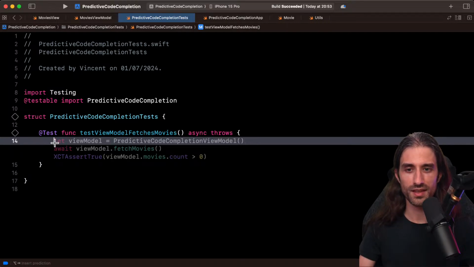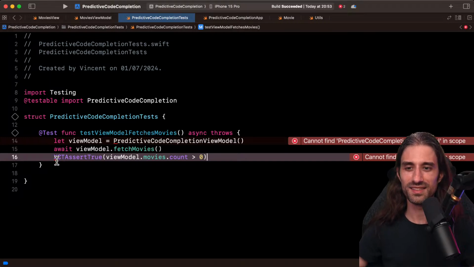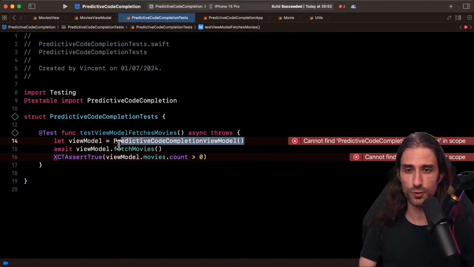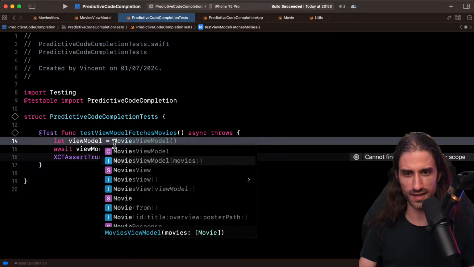So it tries to call, you can see that there are some ideas. You can see it does XCTAssertTrue. So it seems that it has no knowledge of Swift Testing for now. But okay, the idea wasn't entirely stupid. We just want here to create the view model. So like that.